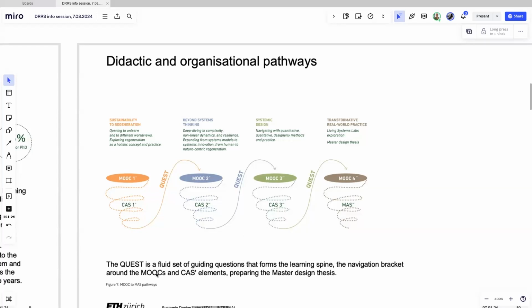It's individual, and everybody is invited to apply with their own quest. So what is actually interesting to you if you apply or work in this DRRS program? The program, meaning the organizers, the lecturers, but also the cohort in a peer-to-peer context, supports the development of this interest in relation to the theories, the practices, the field design trips, and also all the experts that we invite in addition.